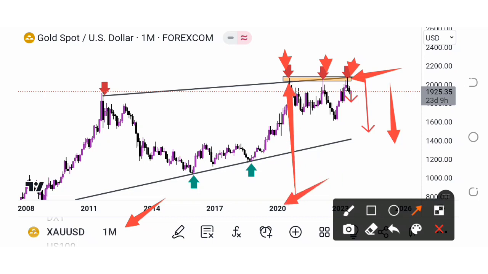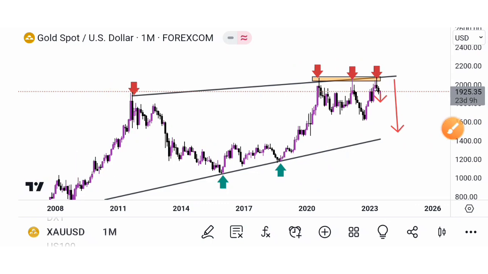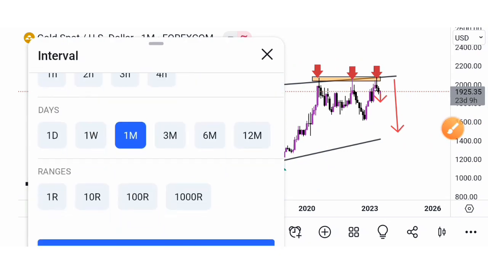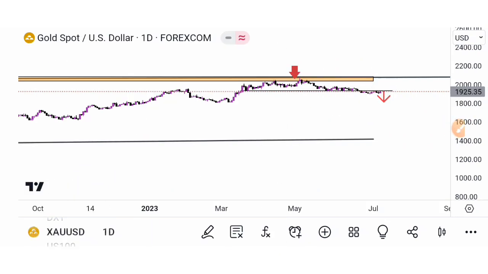If you notice over here, from 2020, price has been failing to break above that area over there. So for me, there's nothing else that I can think of. It confirms to me that we have more sellers, or rather we can expect more sells when price gets to that area over there. But now when you go to a smaller time frame, the daily time frame, the same